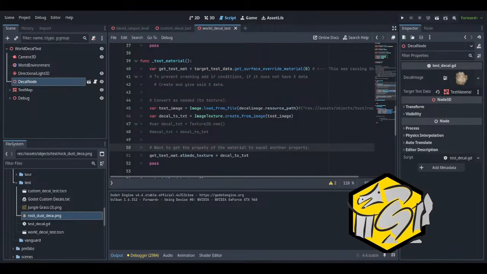Worst case scenario, if I can't, I don't want to spend a whole month on this. I might just save it and set it aside and finish it later. But I think my go-to solution is I'm just going to skip the decals altogether. If I can't get this done quick enough, I'm going to just omit all of them.